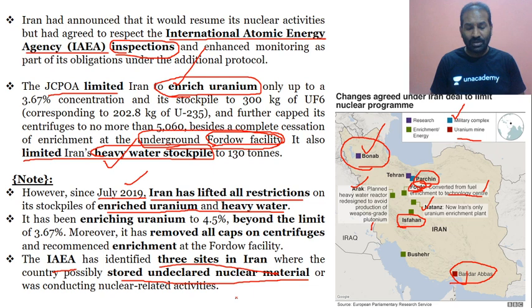Yes, Madhu has said North Korea, absolutely. It is North Korea which actually goes ahead with enriching of uranium and the heavy water stockpile, which is essential for nuclear testing or missile testing, and Iran is also going ahead with this. And the IAEA has identified 3 sites where Iran has stored undeclared nuclear materials, and